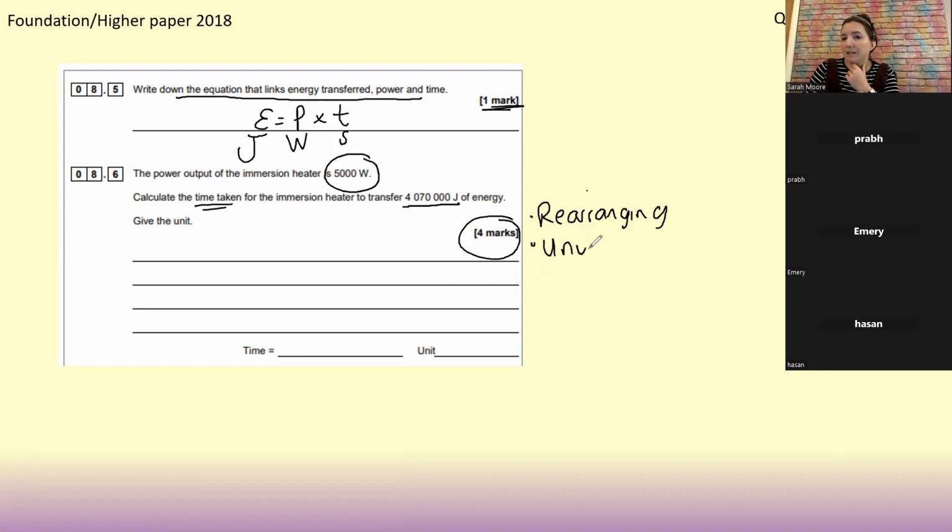You're probably going to need to give a unit. Yeah, we can see there, we do need to give a unit as well. So I'm going to, again, structure this in the same way you should set up any calculation-based answer. So energy equals power times time. Let's plug in the numbers. So energy is